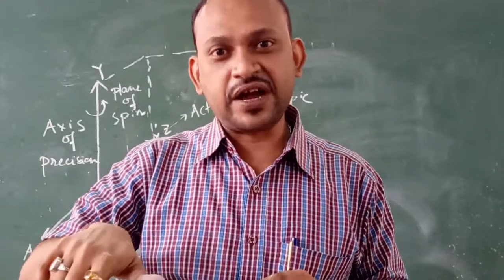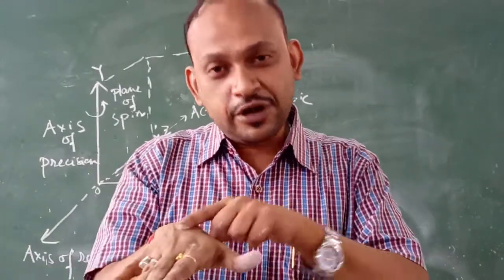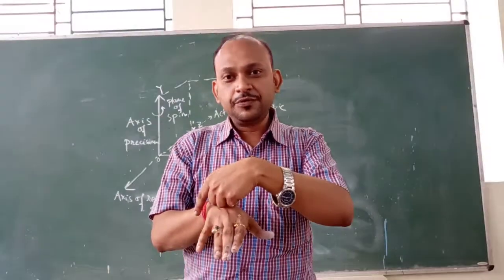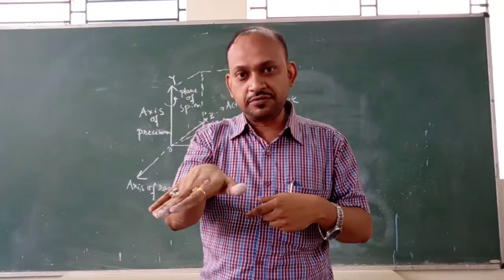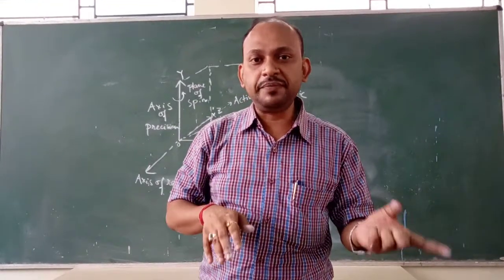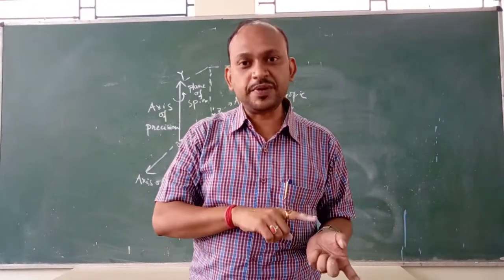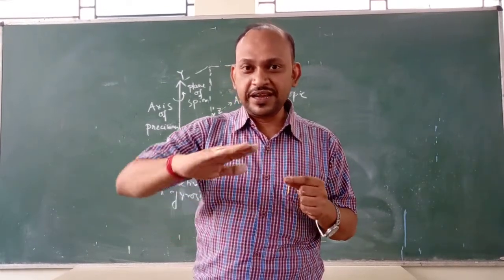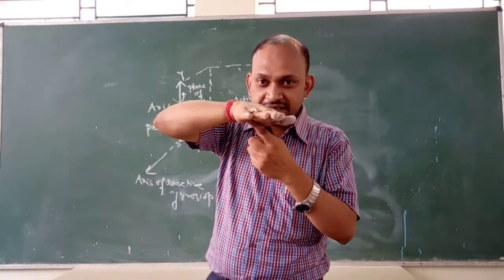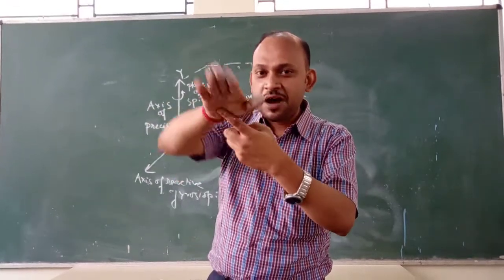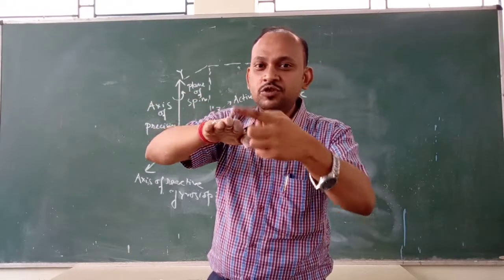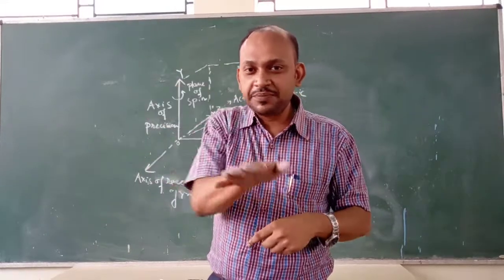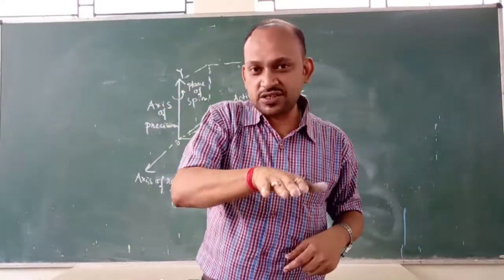Because the active couple which was produced in the body due to the rotation of the plane is actually being balanced by the reactive couple. How this is being balanced, we'll come to it later. You can see that whenever a plane is taking a turn, it does not take place in the same plane. Either it moves up or it moves down. That means either the nose will point in the upward direction or the tail will point in the upward direction. Okay, something like this or something like this. But it does not happen in the same plane.